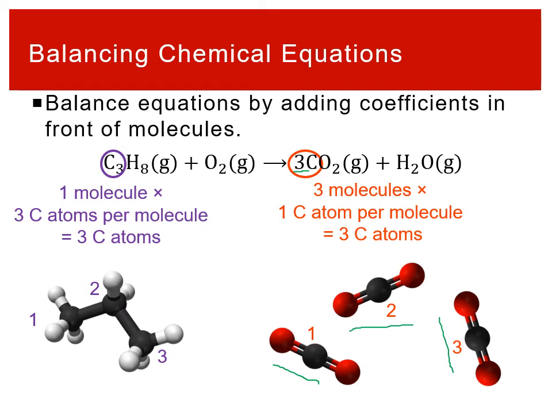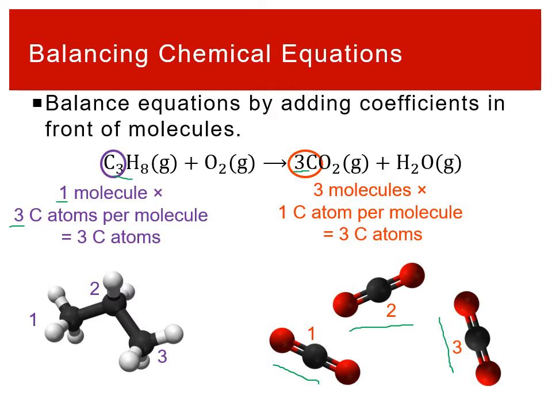So now, when we go to count the total number of molecules, or total number of atoms for each type, I can see that on my reactant side, as we knew, we had 1 carbon atom, or 1 propane molecule. So there was a 1 coefficient out front. Just like with formulas, no number implies there's a 1. And each molecule has 3 atoms in it. You'll note that's from the molecular formula. We talked about that previously, talking about counting units and naming and all this stuff. So we have 1 molecule, each with 3 carbon atoms,